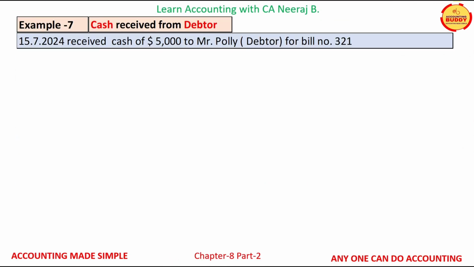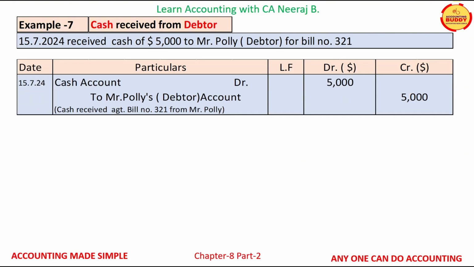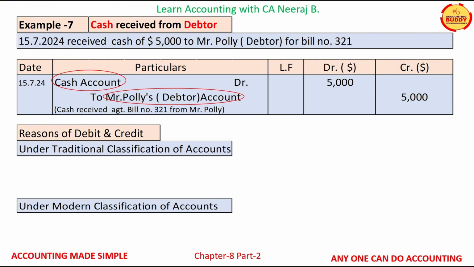Through the business transaction displayed on your screens, let us understand the journal entry for the payment received from a debtor. On 15th July 24, business received $5,000 cash from debtor of the business, Mr. Polly, against sales bill number 321. The two accounts which are getting affected by this transaction are cash account and Mr. Polly's account. Let us now analyze the reasons of debit and credit under traditional classification of account and under modern